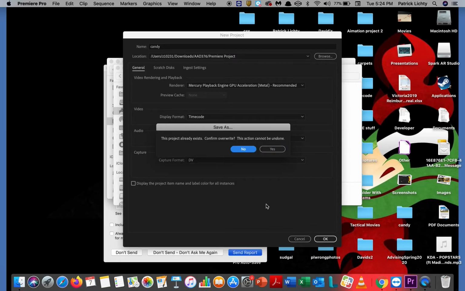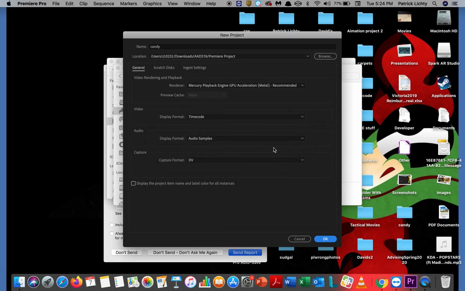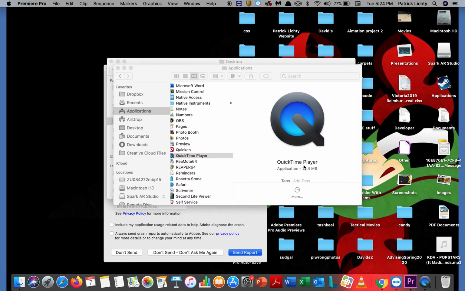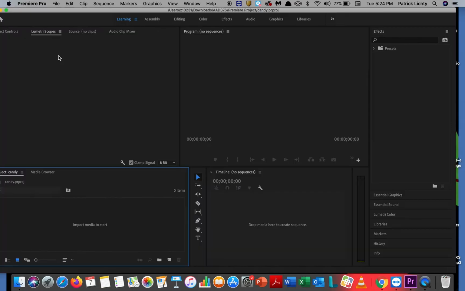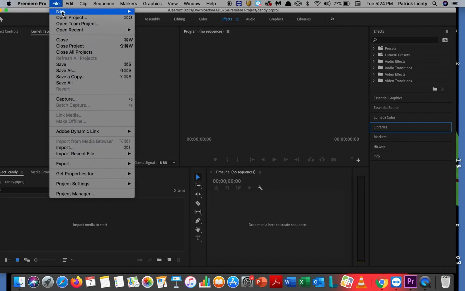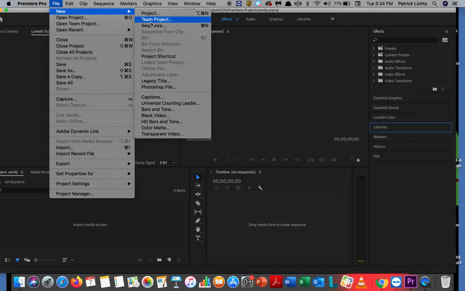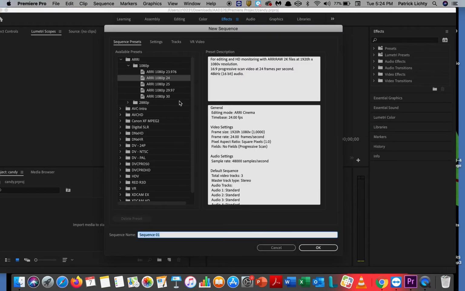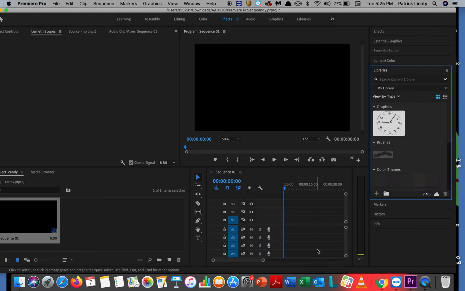It's going to be high definition. I'm going to do that. That's fine. And we should come up here. The first major thing you need to do is make a sequence. I use this ARRI 1080p 24. That's fine. But the thing that you need to do more than anything else